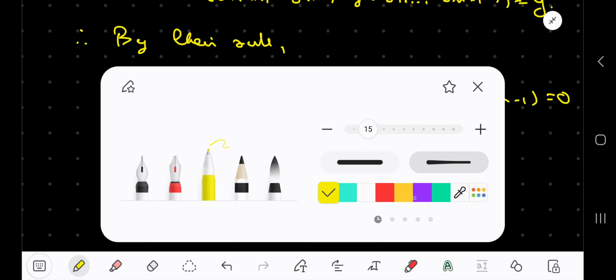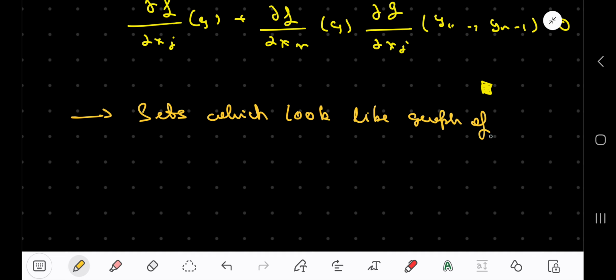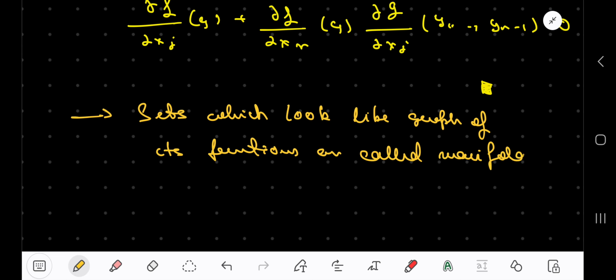Actually, this is a small remark, and it's something which you might study if you take up a course in advanced topology. This is not exactly the definition, but it is somewhat the idea. That is, the sets which look like graphs of continuous functions are called manifolds. Manifolds have a slightly stronger meaning. Manifolds are basically a Hausdorff second countable locally Euclidean space,